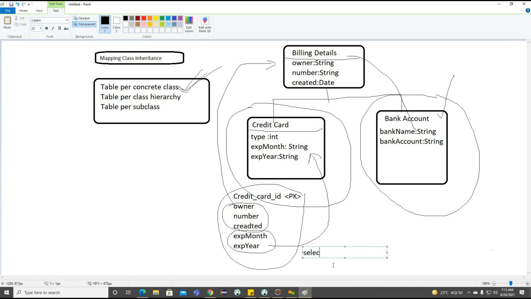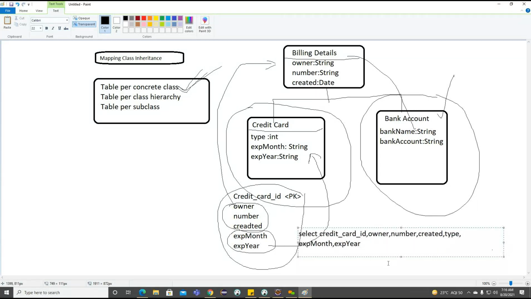Now you can see, select credit card ID, comma, owner and number and created date and type, expire month and expiry year.